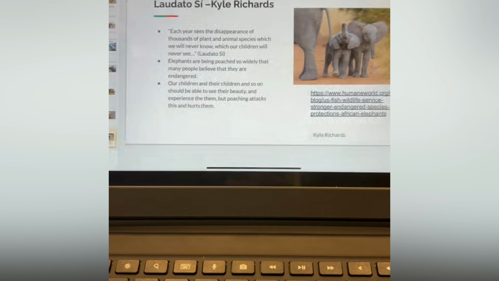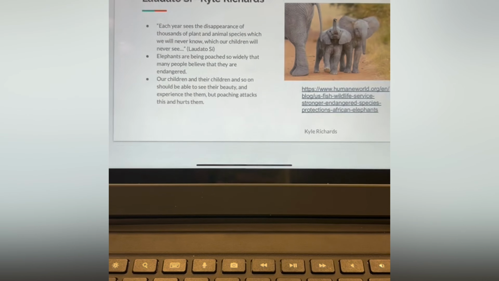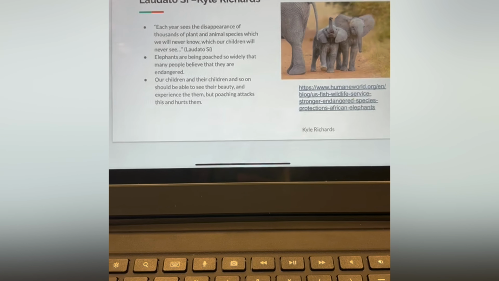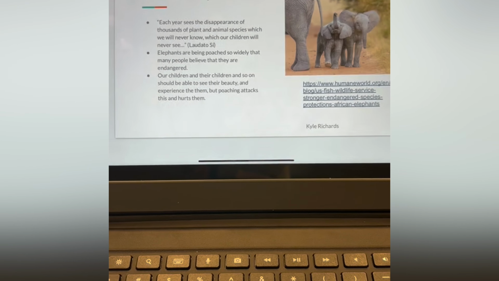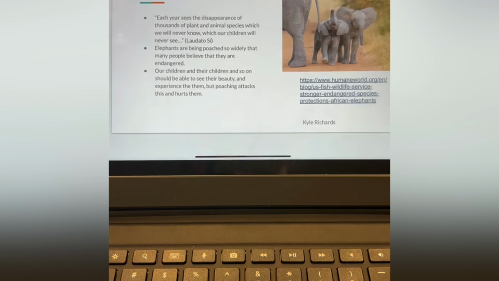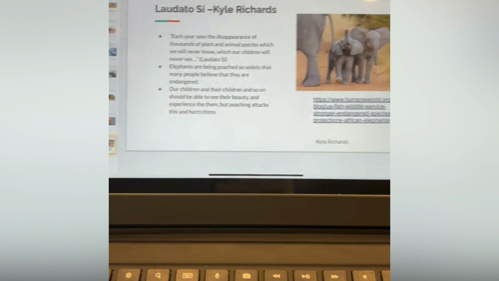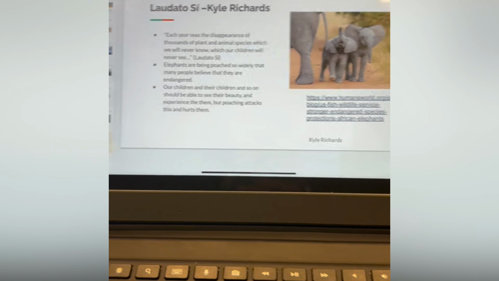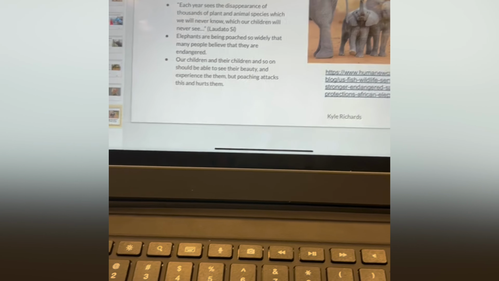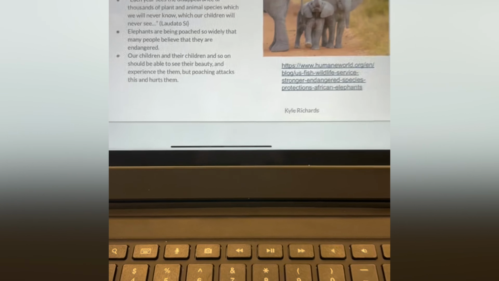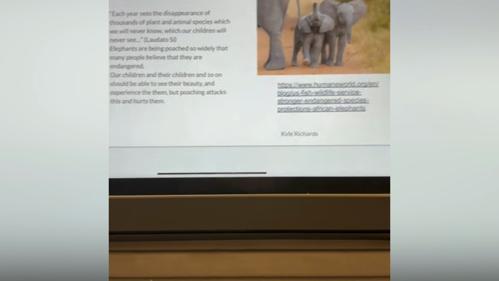Every year sees the disappearance of thousands of plant and animal species, which we will never know, which our children will never see. I quoted this as elephants are being so widely poached that many people believe they're endangered, and that our children and our children's children will probably never be able to see elephants and their beauty if